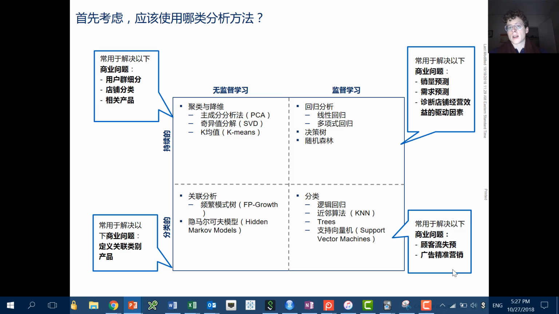Categorical is either binary, high, low, yes, no, A, B, or multiple. So for example, you could say, given data, I think you're most likely to be a fireman, policeman, or nurse. Given the data, I predict you to be a fireman. That would be categorical. But those are all categorical examples.